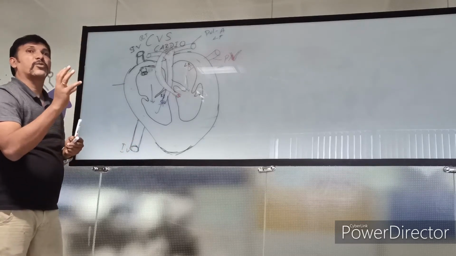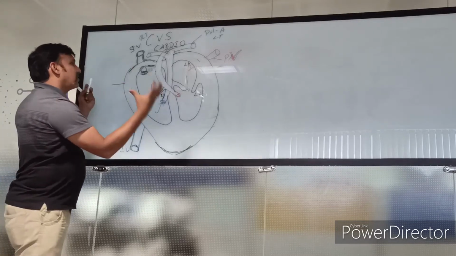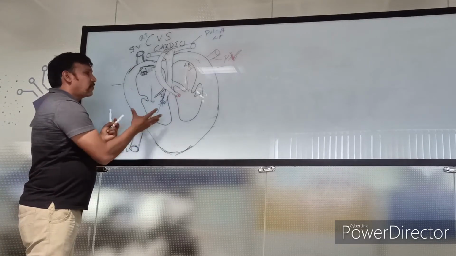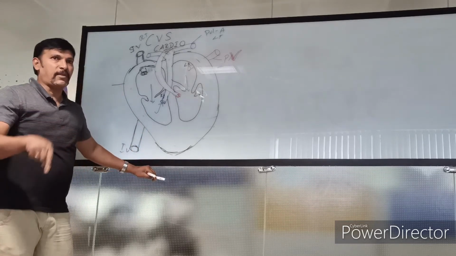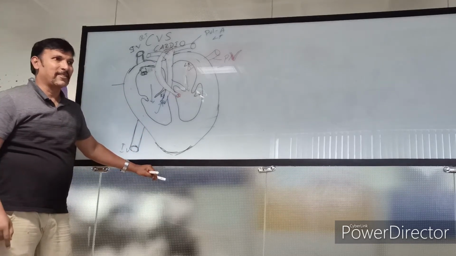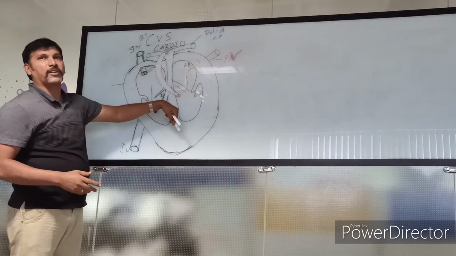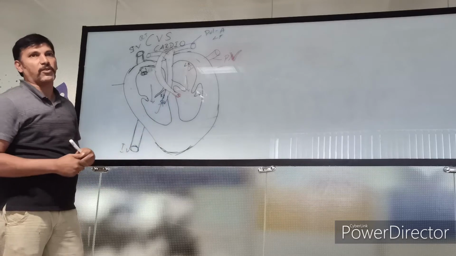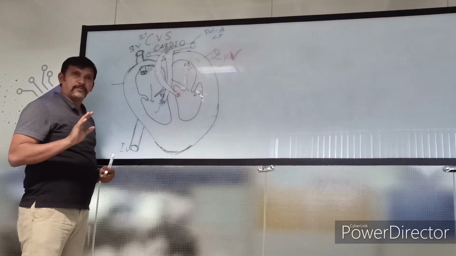Hence the name coronary. Corona, you have heard, no? Like a crown, it covers the heart and gives out the blood supply to the heart muscle itself. Correct, right? If I am alive only, I can treat others. The whole body is taken care of. So the first branch comes out as arteries. Coronary arteries, the first branch, usually come out to the heart itself. Are we good? Till now?